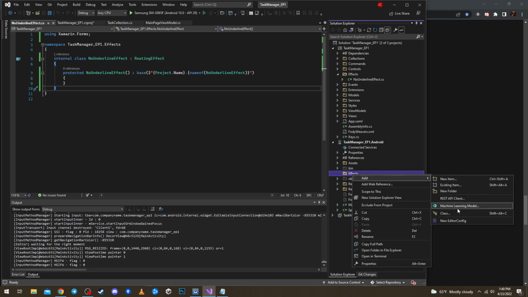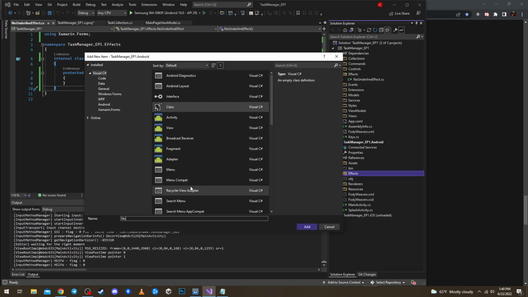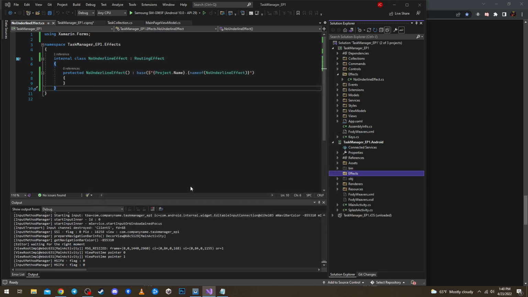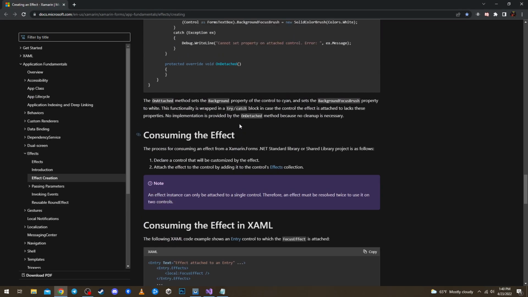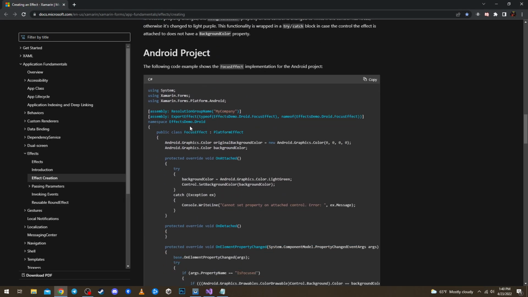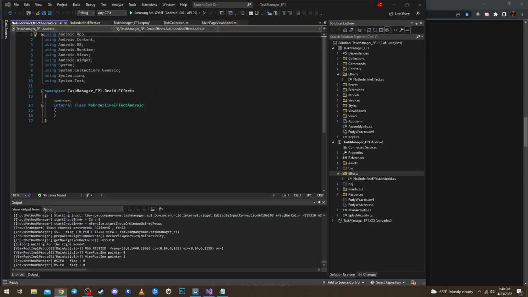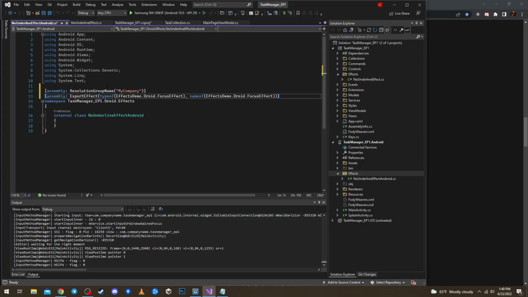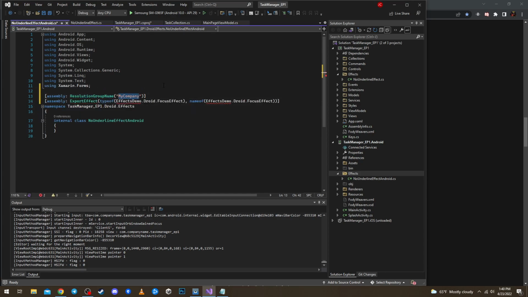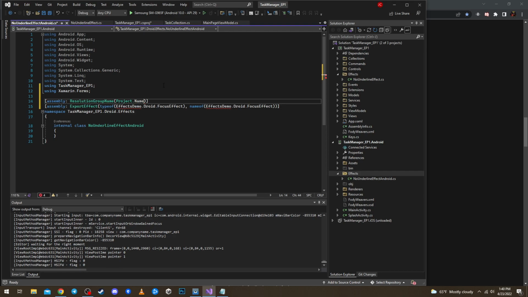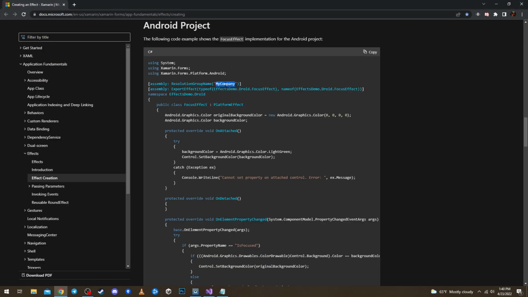Okay, and in the Android project, we also need a new folder called Effects, and then a new class, and let's call it NoUnderlineEffectAndroid. Okay, and let's now see how we can create an Android effect. So first we need these two. So we need to define the resolution group name, and we have it in the Project.Name. It is this MyCompany part,